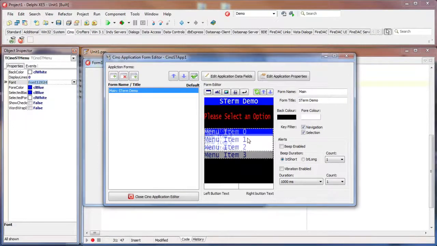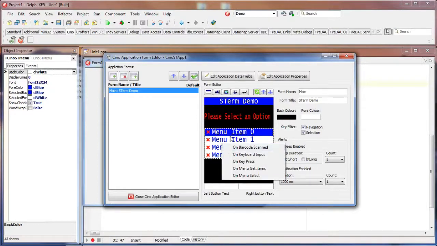I'm going to show you another option that I've added to the menu object. I had the need to be able to identify menu items as having been selected or unselected, or checked and unchecked. So by turning on the show checkmarks property, our menu now has the ability to display a status next to it, and that can mean whatever it is that you need your application for it to mean. But just to show you now how that property can actually be worked with or interacted with, why don't